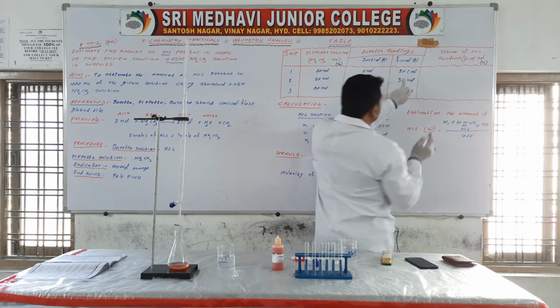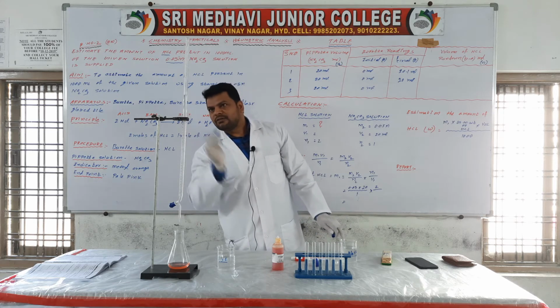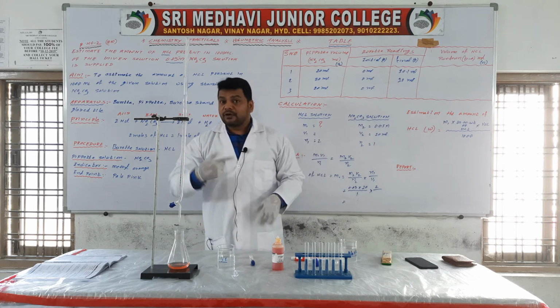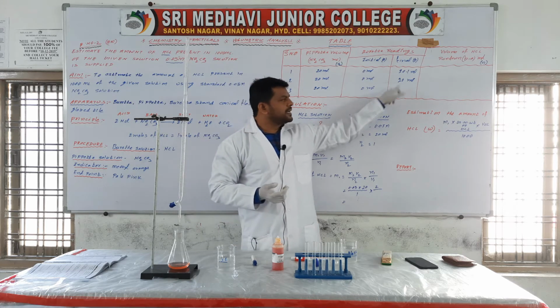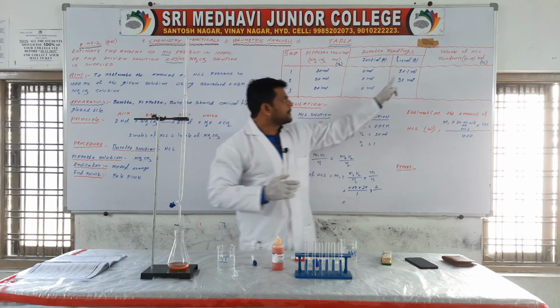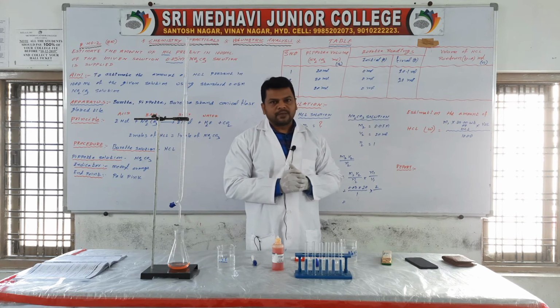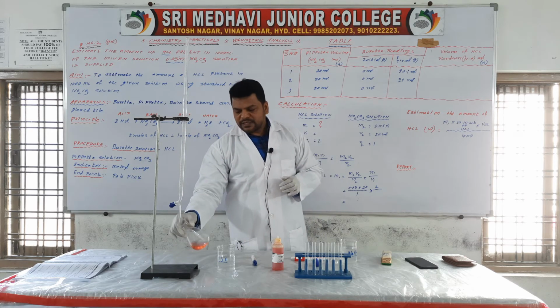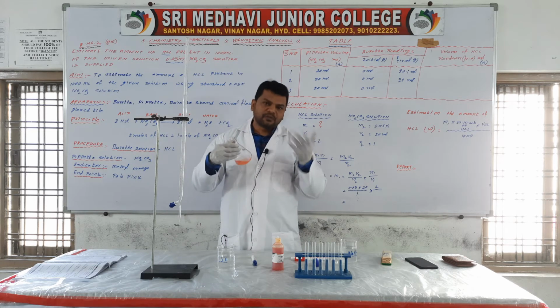So the first reading we got was 20.1. Now we got 20 ml. Repeat this experiment one more time. Why? Because here we have to take coinciding values. It is 20.1, it is 20. So two values must coincide. Then we take the coinciding values, which means repeating this experiment one more time.